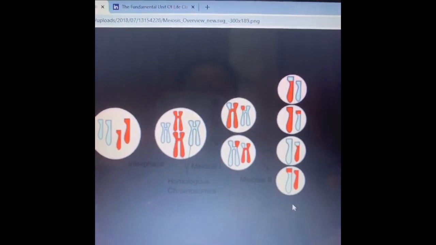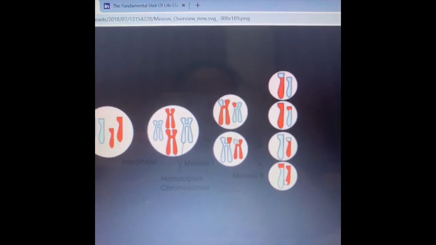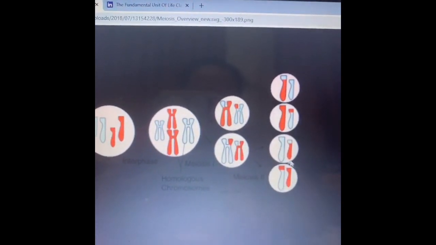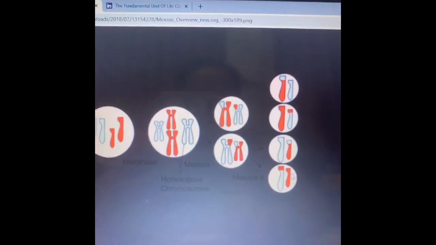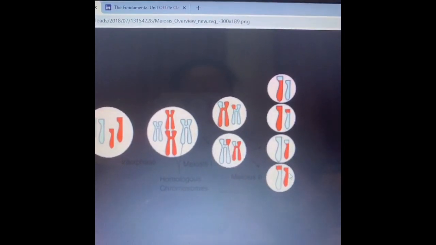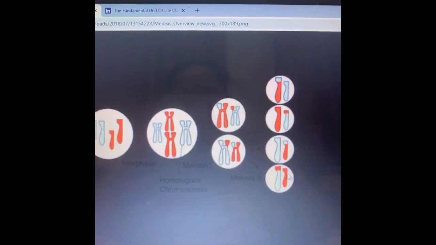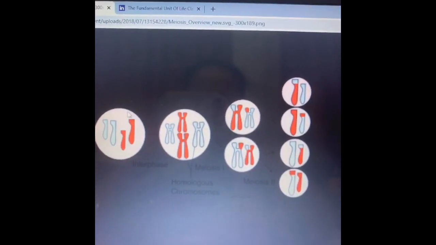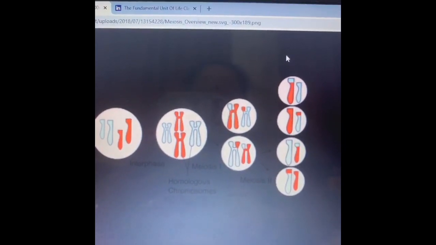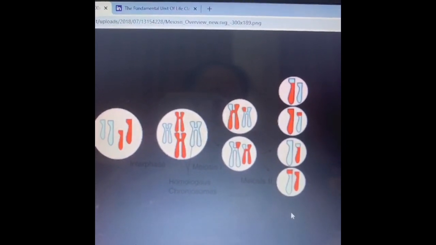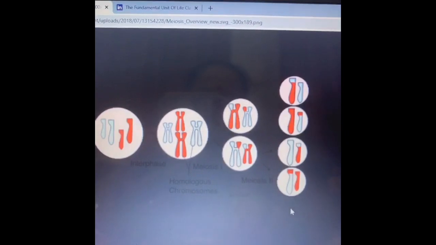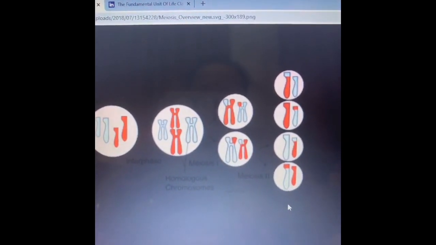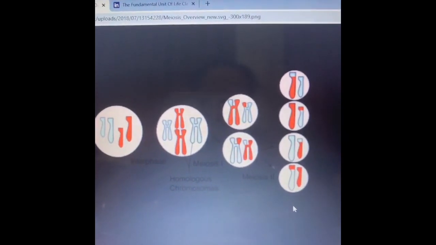Why do we call them haploid? Because there is only one set of chromosomes, and when these single set chromosome cells fuse with the different type of gamete, they form the diploid set of chromosomes. So here this is a diploid set of chromosomes which is undergoing meiosis to form a haploid set of chromosomes, and you get the cells which we call gametes. They have half the number of chromosomes. They have undergone reduction division.